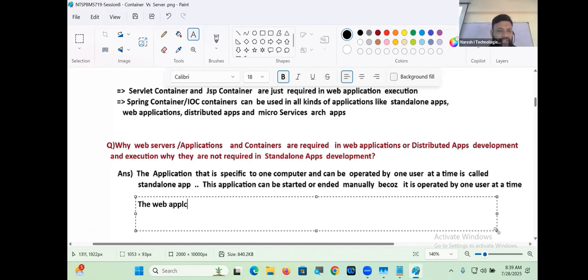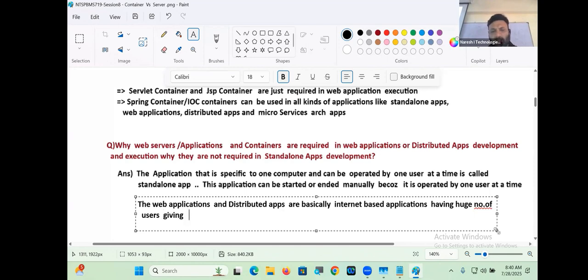The web applications and distributed applications are basically internet-based applications having a huge number of users giving huge number of requests,